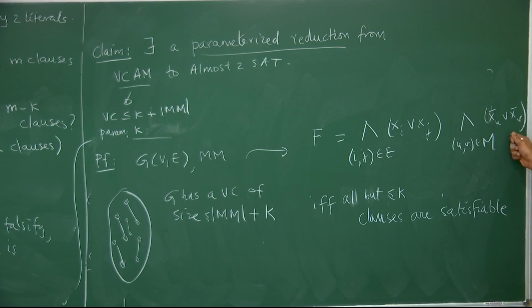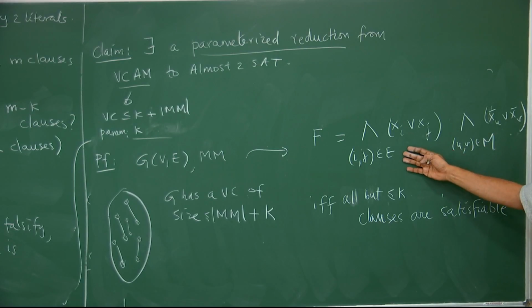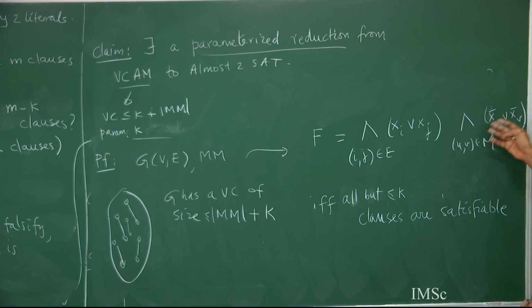So, you are not going to satisfy those k clauses, just remove them. Then that assignment would satisfy everything except the k clauses, because it is a vertex cover. So, it will satisfy all of them, and except for those k edges it is picking exactly one from the other matching edges, so it will satisfy this. Okay. The other direction,